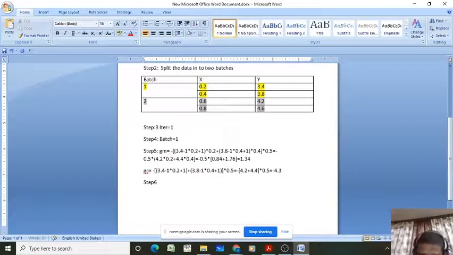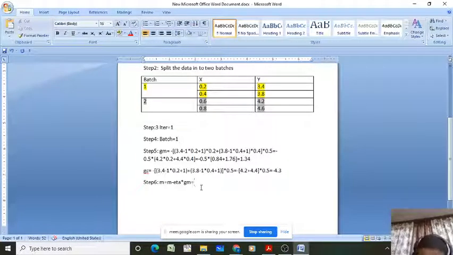Step 6. We can update the model parameters. How can we update the model parameter? M equal to M minus eta into gradient, right? What is the value of M?